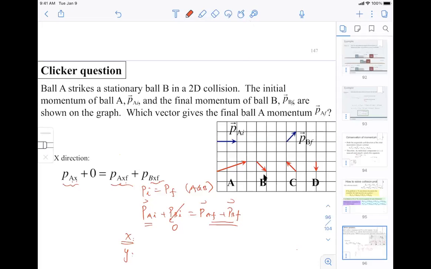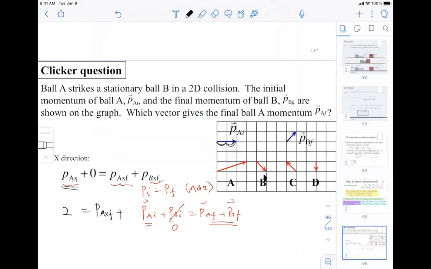All right, so the convenience of breaking it down into components is that we can just focus on the X component without worrying about the Y, because conservation of momentum should apply in both X and Y directions, right? So let's look at what is in the X. The initial momentum of A in the X direction. It's on the grid, so it's easy to see. So how many units is in the X direction? 2 units, right? So we can just write 2 here, equal to